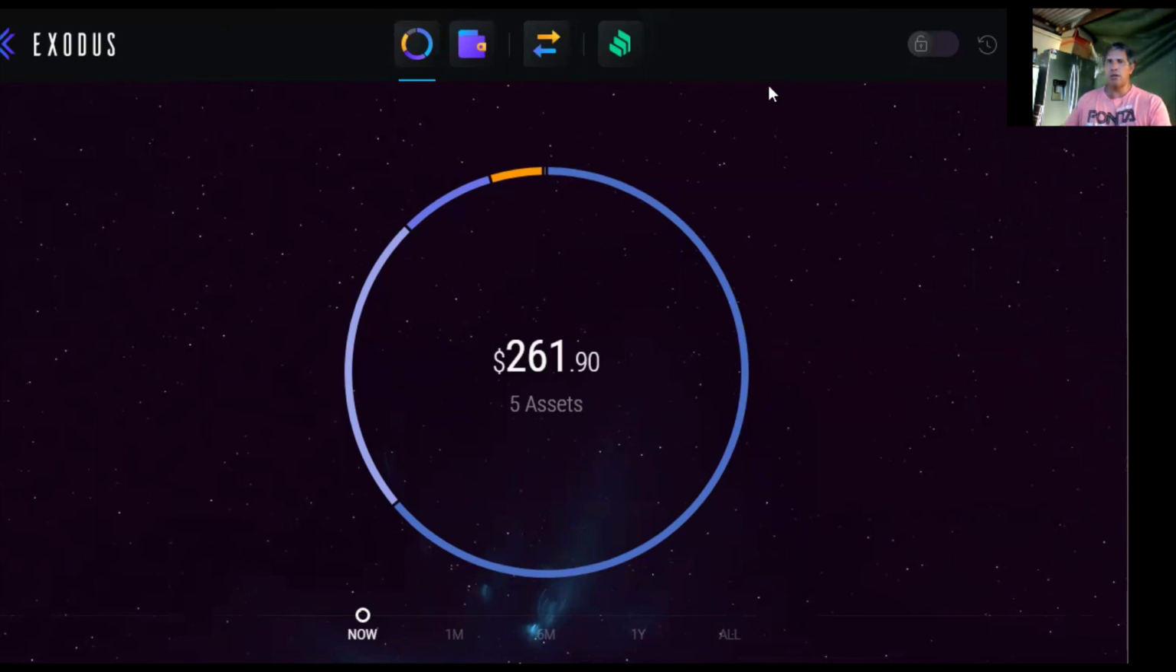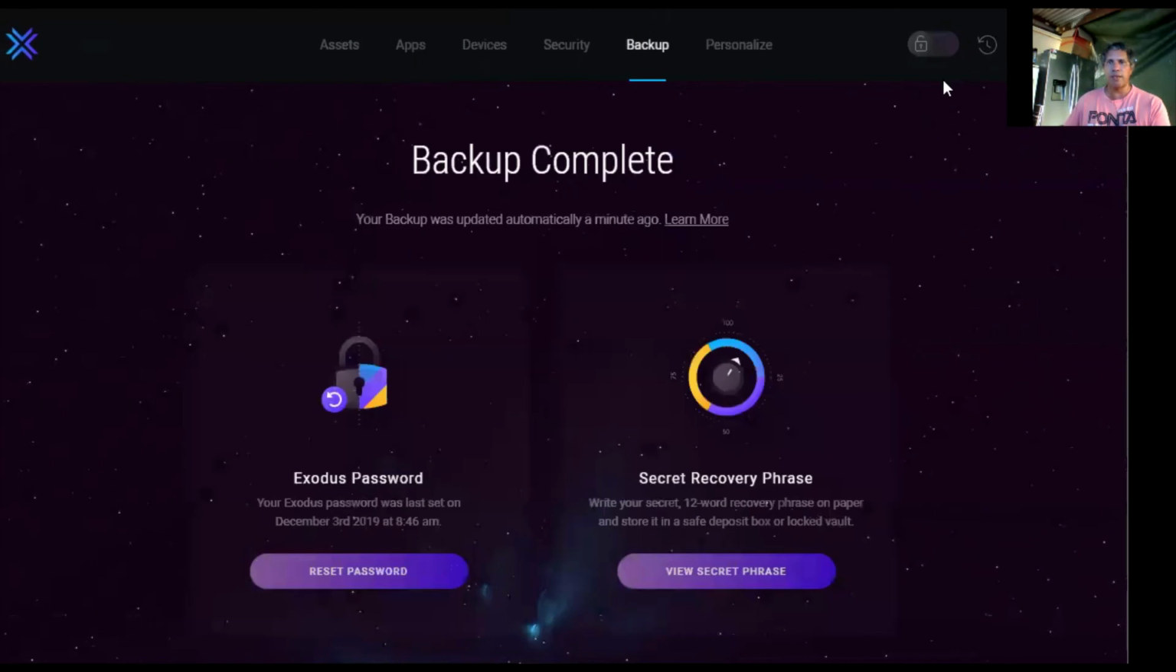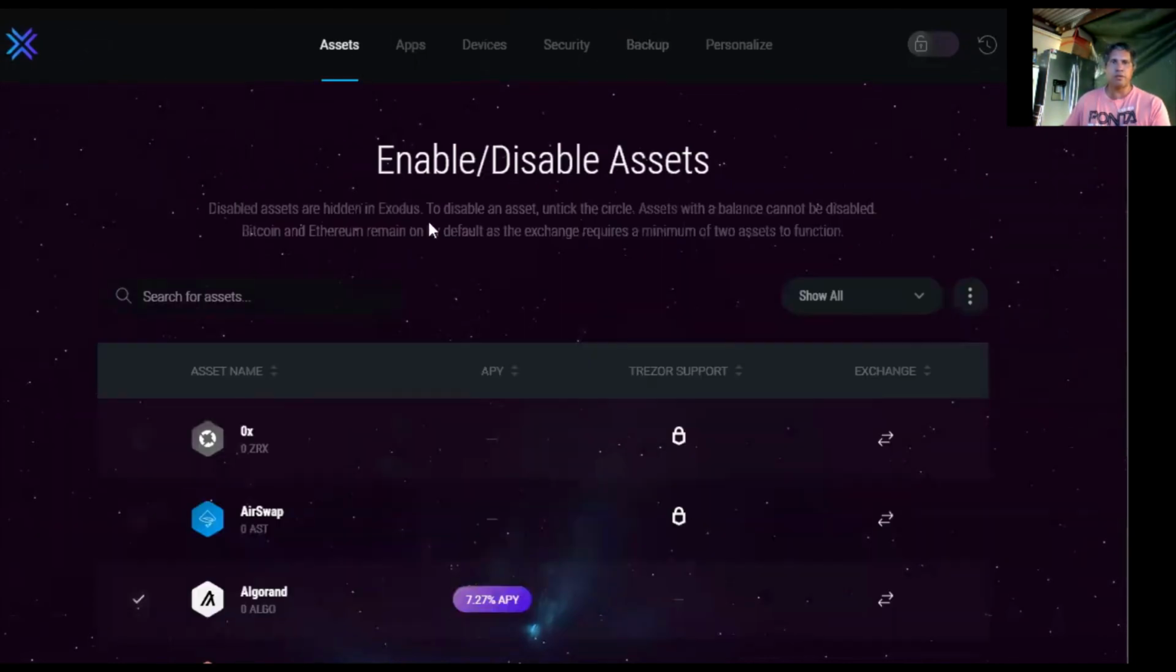And so we're in the Exodus wallet now. We're at the portfolio management side of it after you put your password in to be able to open up the application. I'm on my desktop at the moment. And there's a settings pane on the tool menu bar. There's a settings pane there, and you've got these different areas that you can go through with selecting the assets that you want to have